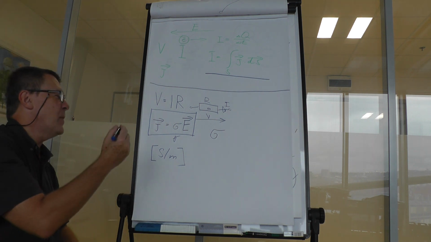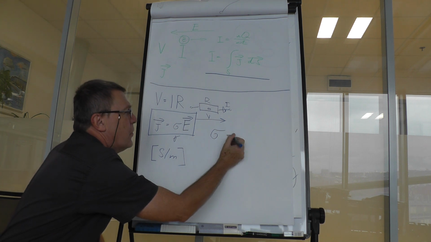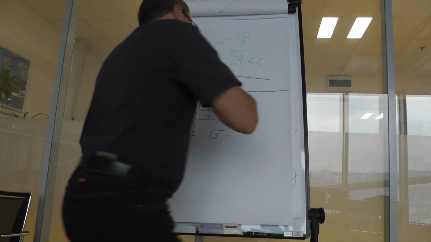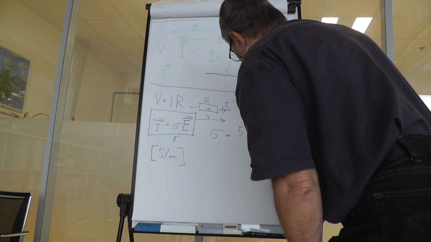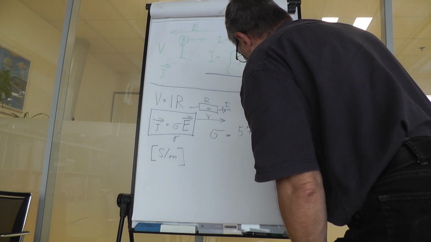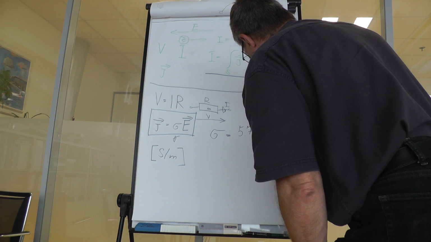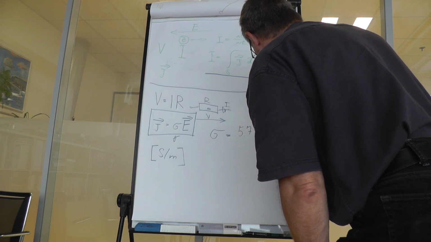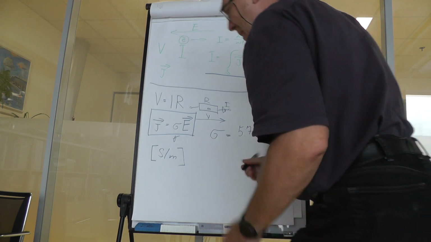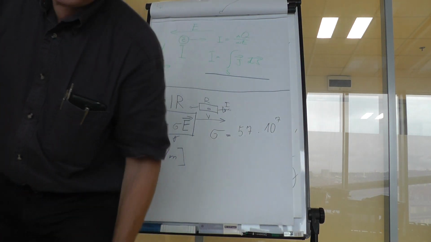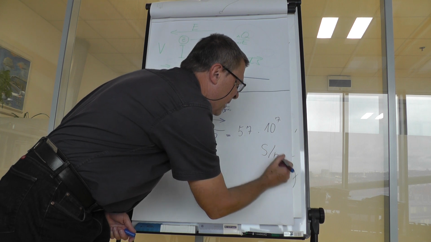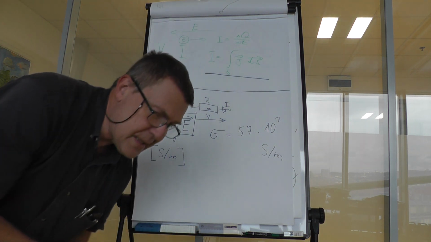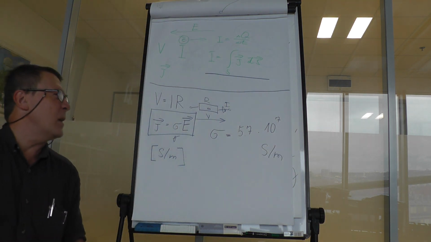So if we have the conductivity of this, we would, for example, get for copper 5.7 multiplied by 10 raised to 7th order Siemens per meter. So this is the conductivity of copper,